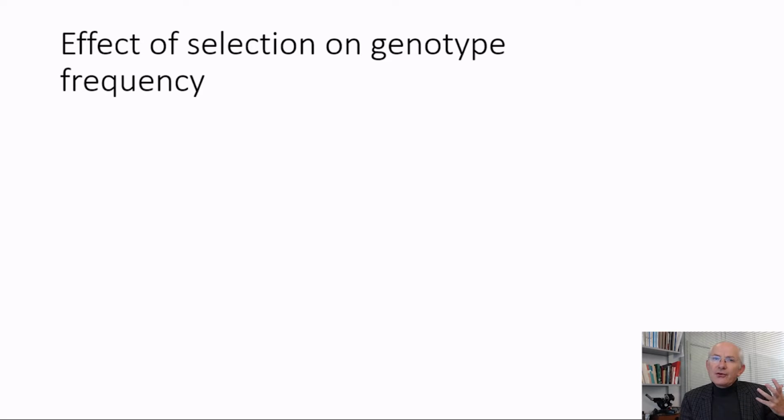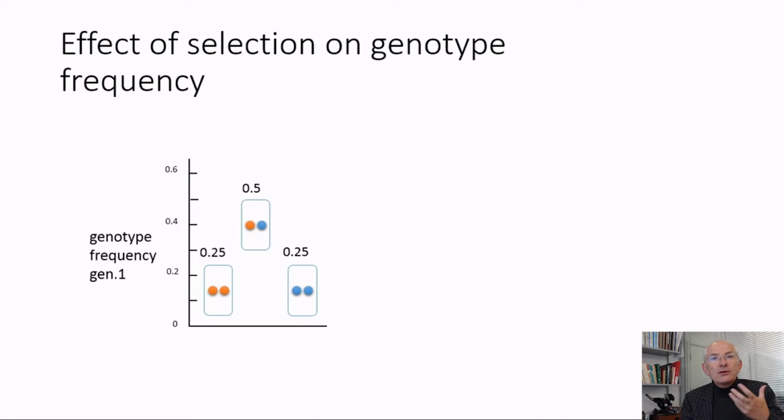So given that the alleles have changed so dramatically in frequency, what happens to the genotype frequency? Well, you remember when the alleles were equally frequent, the genotype frequencies were 1/4, 1/2, 1/4, like this. But when the allele frequencies change, as we saw in the last slide, we can use the usual Hardy-Weinberg equation to calculate the genotype frequencies.